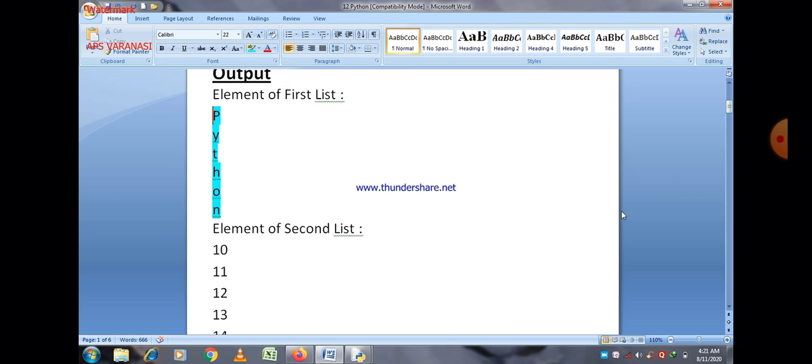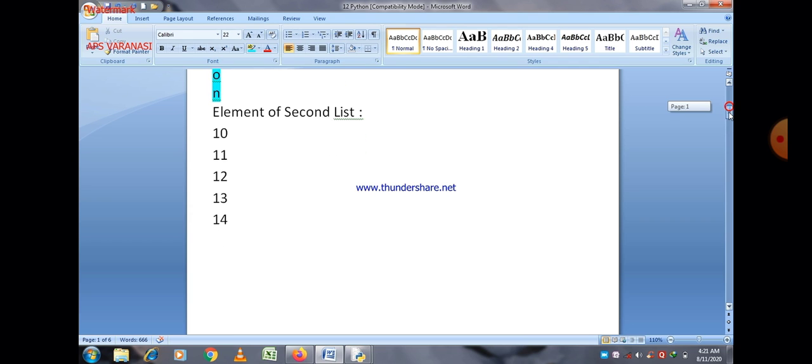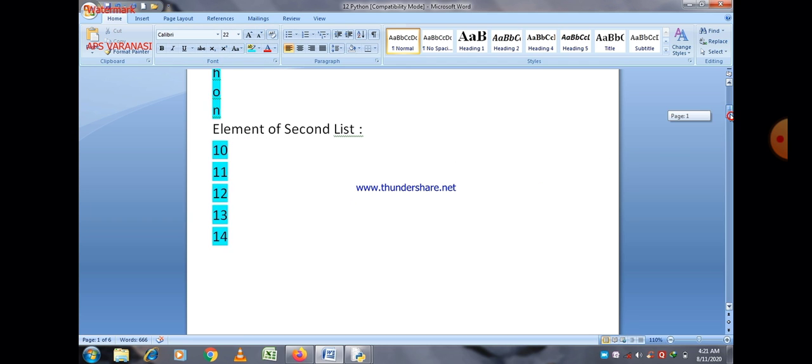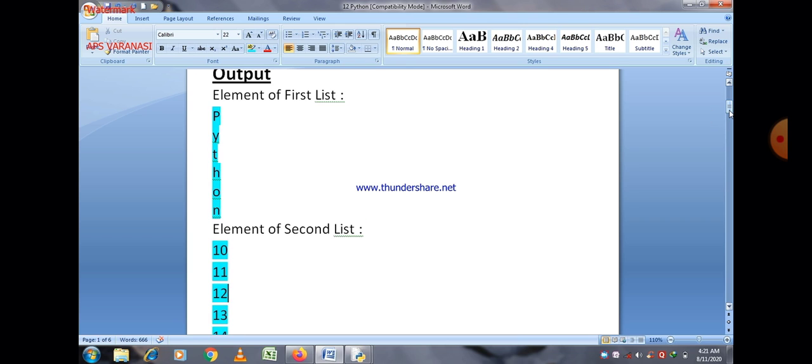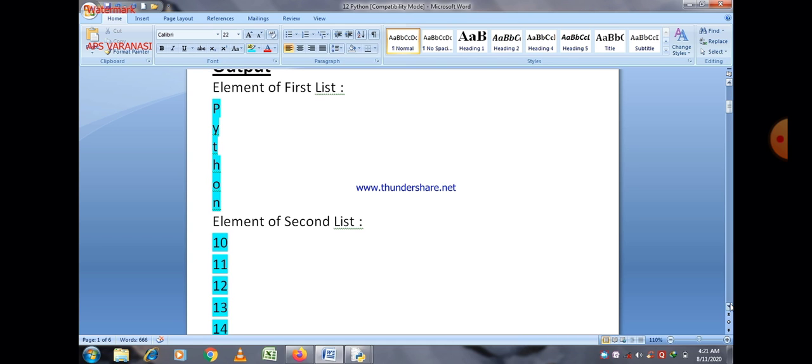If you try to access all the elements at the same time, you can just use a for loop, or otherwise you can use index position. Just mark the index position within the square brackets and access the element which you want to print. Such as, suppose the name of the list is L, then you can write L and, within the square brackets, 1, 2, 3.